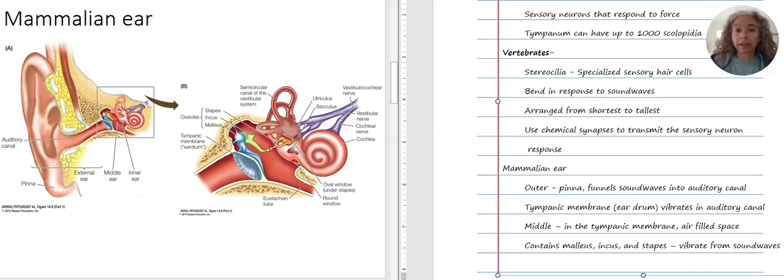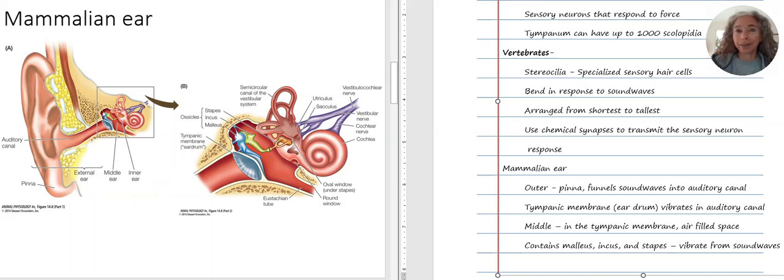This area contains specialized bones called the malleus, the incus, and the stapes. The malleus is here, the incus is here, and the stapes is down here. Kind of looks like a little wishbone. These bones are going to vibrate from the incoming sound waves and transmit this vibration into the inner ear. So it's going to be dampened by this tympanic membrane. You get vibrations into this airspace here, and then these little bones here are going to transmit those vibrations to